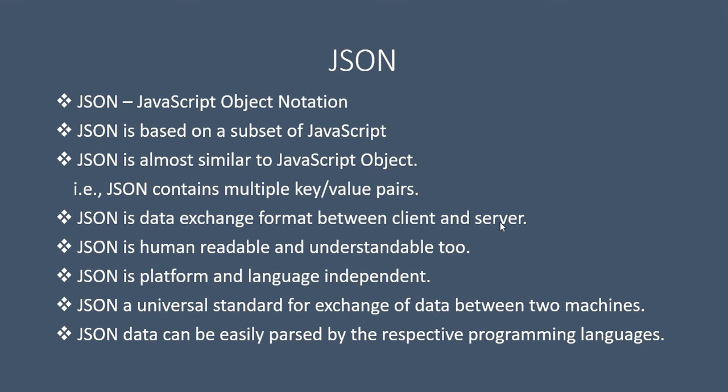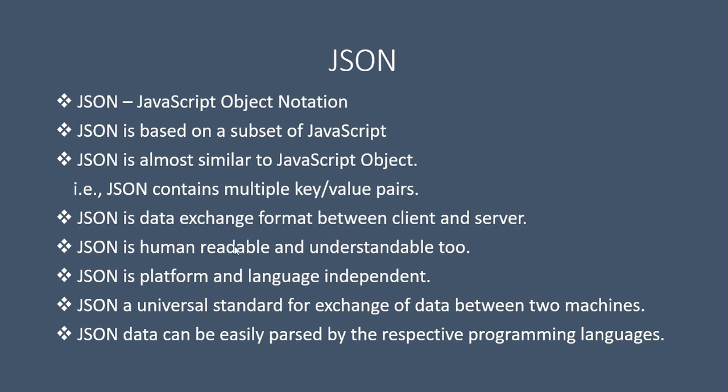For example, if a client sends a request to the server, then the server sends data to the client. The server will send JSON data, that means a combination of key value pairs. The server first creates a JSON object, then this JSON object will be sent to the client. Then the client will parse the JSON data and access the JSON key value pairs. Also the client can send a JSON object to the server. So JSON is meant for data exchange, just like an XML document, between client and server.